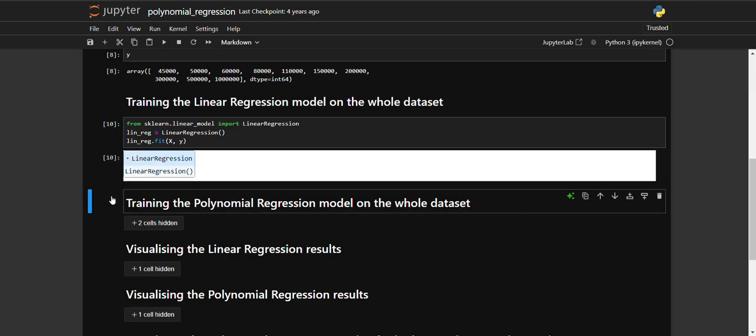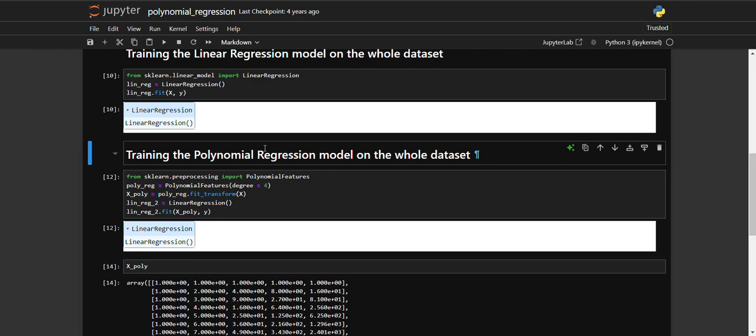Okay, so now our model is trained. So now let's train the polynomial regression model on the whole data set. There is nothing known as a polynomial regression in scikit-learn. So what we'll do is we'll transform the values of x polynomially. For example, we'll make it a degree of 4 or maybe a degree of 2 or 3. We'll try different values of degrees, and we will change the values of x, and then we will apply linear